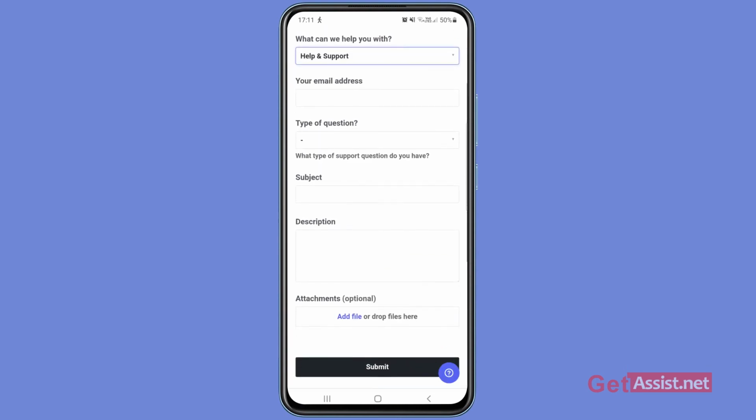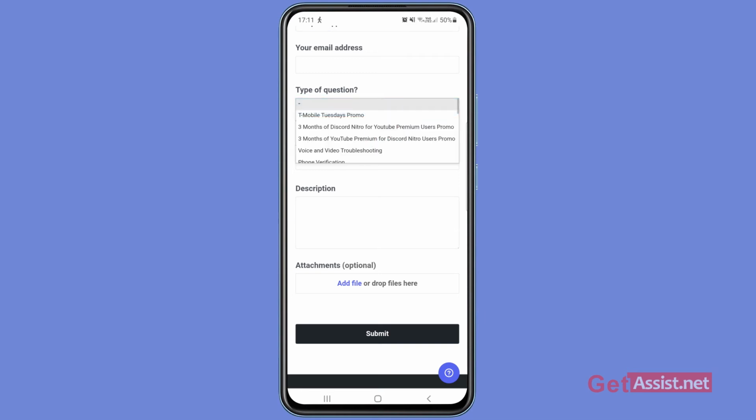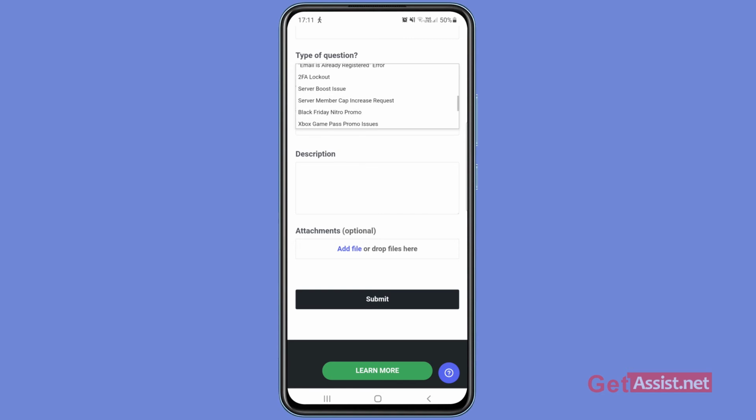So I'm going to select help and support, and then you will see some more questions or some blanks where you have to enter certain information like your email address that is linked to your Discord account. So you have to enter that, and then there is a type of question: what question do you want to ask to the Discord support team? So here are some options that are already given, out of which you can choose other technical issue, or you can go for